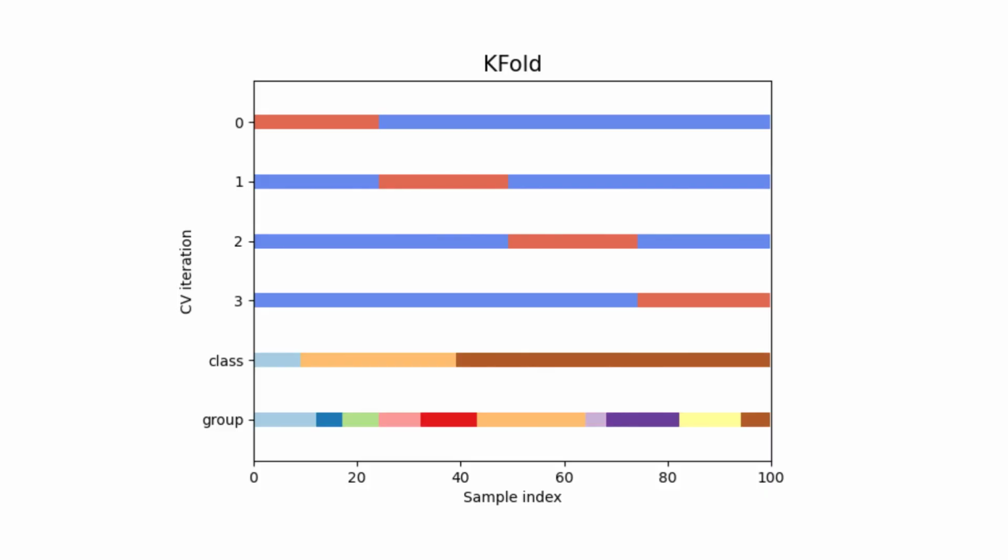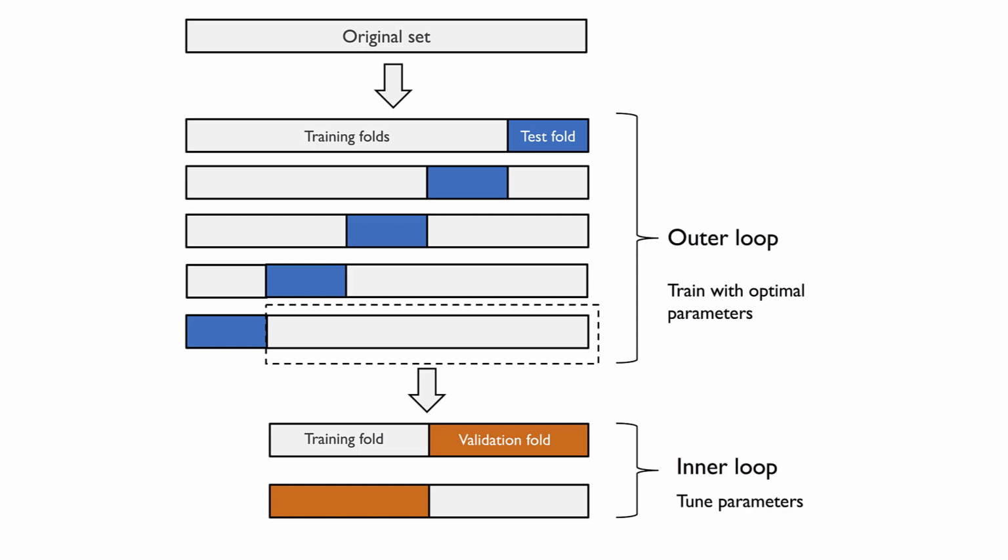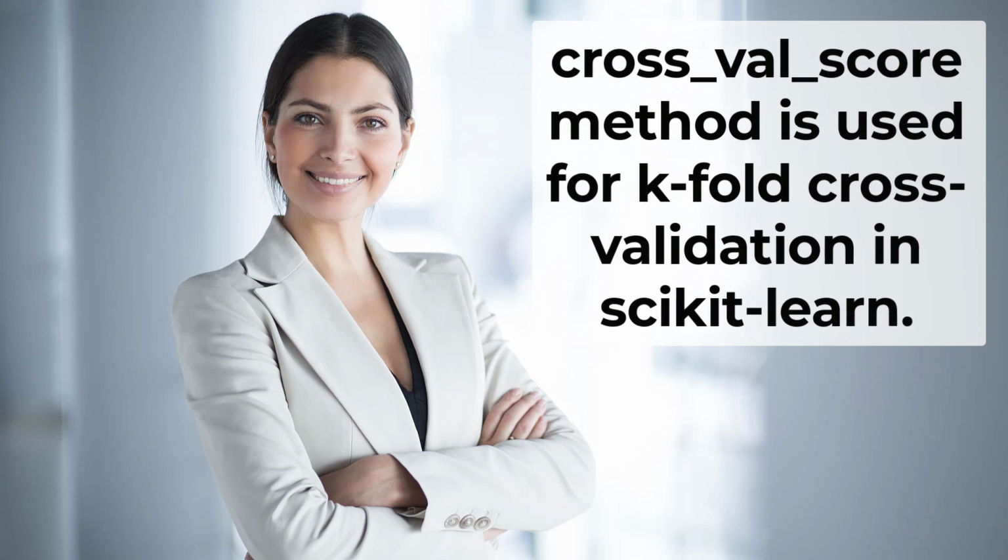In this technique, you randomly split the training dataset into k folds without replacement. Here, you use k minus one folds for model training, and you use one fold for model evaluation. This procedure is repeated k times. So, you obtain k models and performance estimates. To find the performance of the model, you can calculate the mean performance of the model based on the different test folds. You can use the cross_val_score method in scikit-learn for k-fold cross-validation.